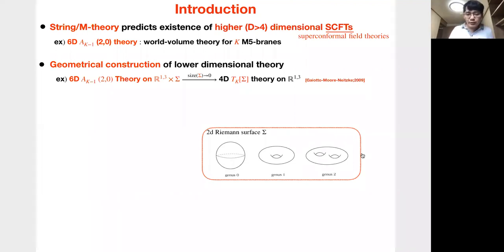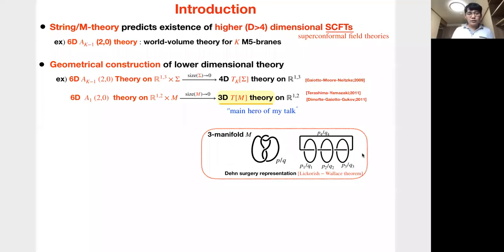So similarly, we can consider compactification of the 2,0 theory along the internal three manifold. For simplicity, I focus only on the A1 2,0 theory, which is the simplest non-trivial field theory with N equal to 2 supersymmetry in six dimensions, and we will compactify on the internal closed, compact three manifolds,